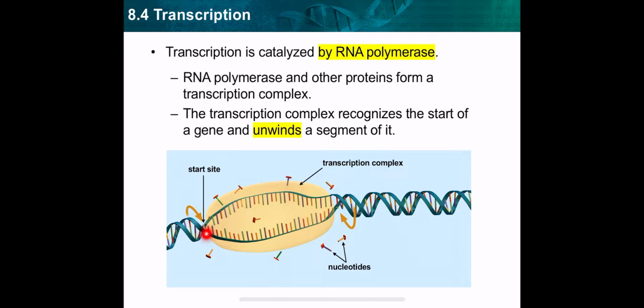They will start to bind to the start point in the DNA to unzip or unwind the DNA. So the first step here, like in replication, is unzipping or unwinding, but here for the segment,